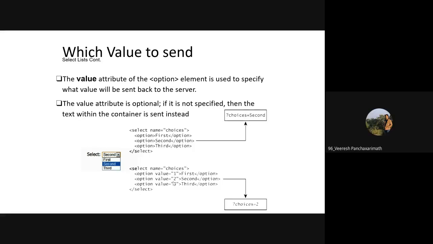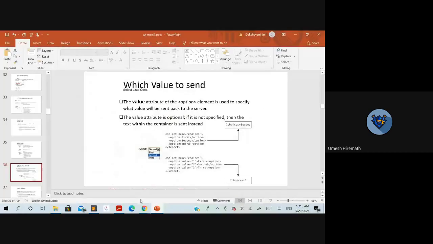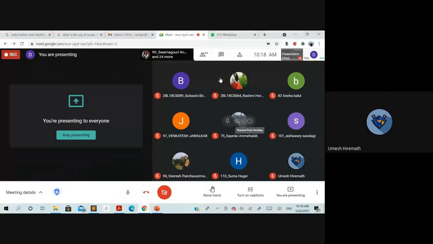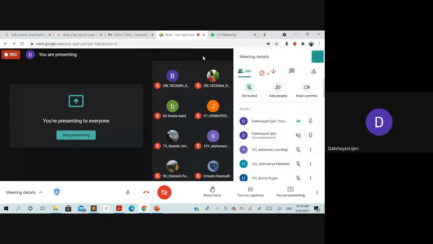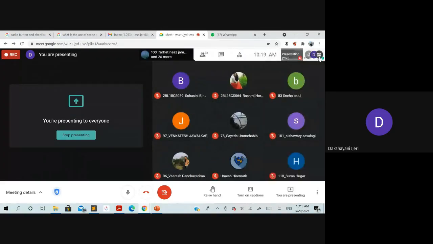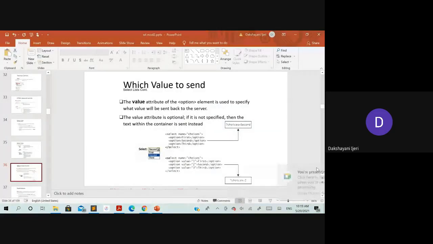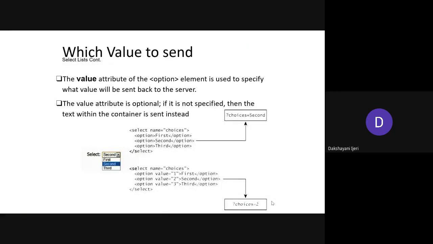Okay. Ma'am, some of our classmates are waiting to join. Okay. There's no one waiting here. See, that's why I tell you, please join before I start the class. This is how I get disturbed once I start the class. Okay, is there anyone else who wants to join? Okay, so let me continue here. Any other doubts that you have here?